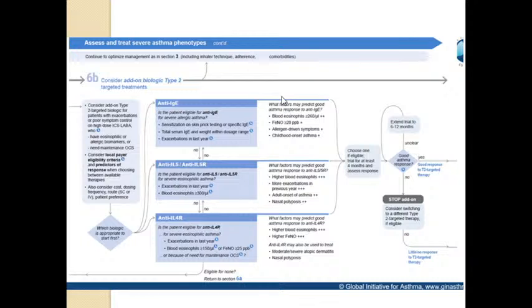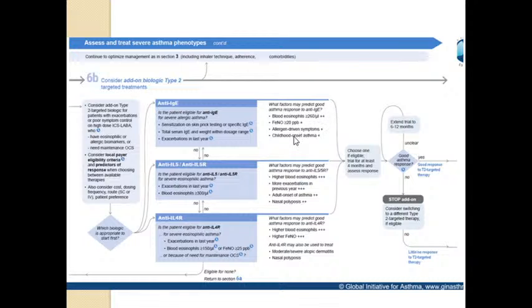It's for patients mostly in case of allergic inflammation, but more typically eosinophilic inflammation. For example, patients who have a sensitization on skin prick testing or a high level of specific IgE, and patients who have exacerbations in the last year and non-reached control, if the patient uses, for example, triple therapy, including high dosage inhaled corticosteroids. We should think about the prescription of monoclonal antibody against IgE. But for indication, it's blood eosinophils more than